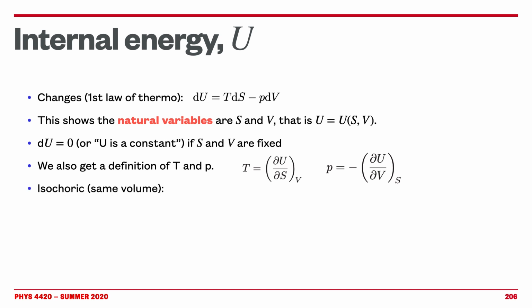For example, in the same volume case for the internal energy, we have dU equal TdS. If it's reversible, I can replace dS by dQ reversible divided by T. And therefore, in that case, if we have a constant volume, so isochoric is same volume, if we have same volume and reversible, then dU equals Cv dT. And we've seen this before, right? We've discussed this equation before